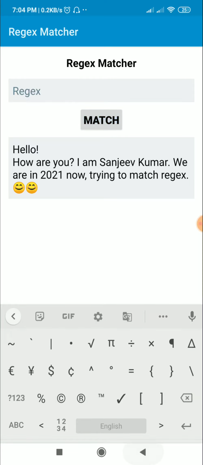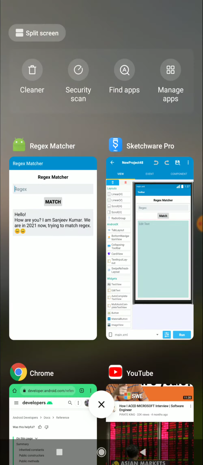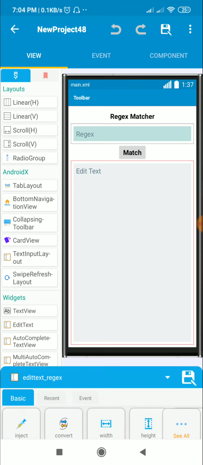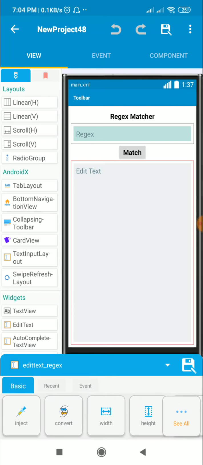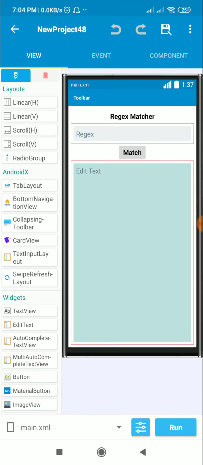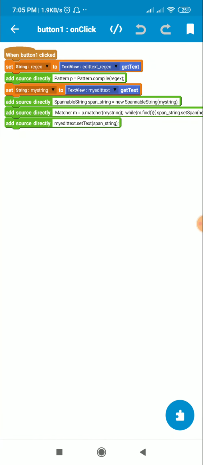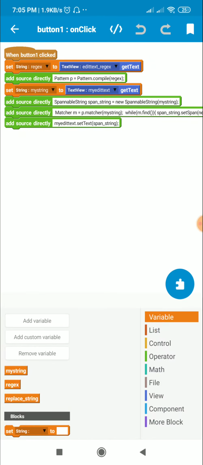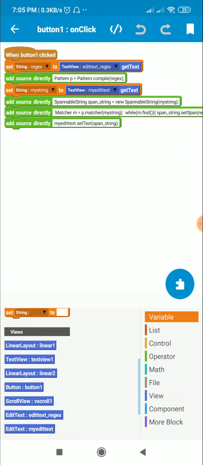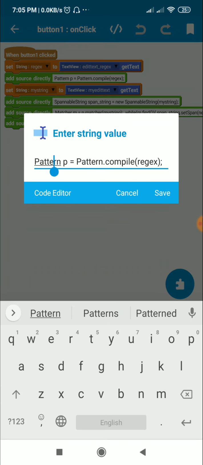Okay, so now let's have a look at the code. So we need two edit texts. This one is edit text underscore regex, and this one is my edit text. Here in button 1 on click event, I have a string variable called regex, which I have set to edit text regex get text. After this I define a pattern p equal to pattern.compile regex.